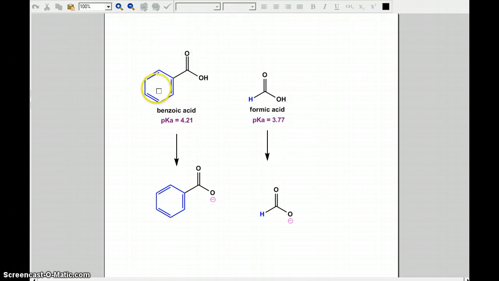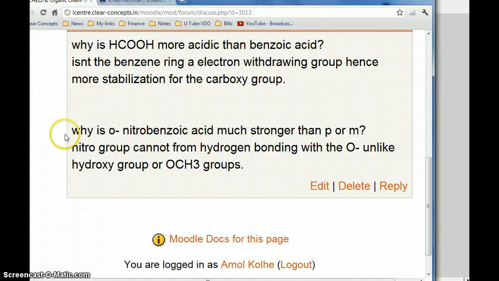Okay, now because this benzene ring is donating electrons, it's going to increase the negative charge that will be formed on the carboxylate ion, right? And because of this, the equilibrium will be less favorable than in the case of formic acid. Okay, so therefore the pKa of benzoic acid is going to be more than the pKa of formic acid. Okay, now the second part, or the second question, is: